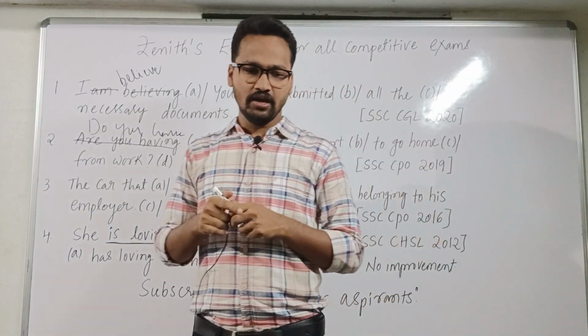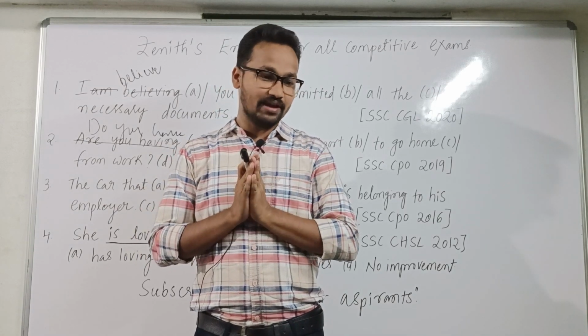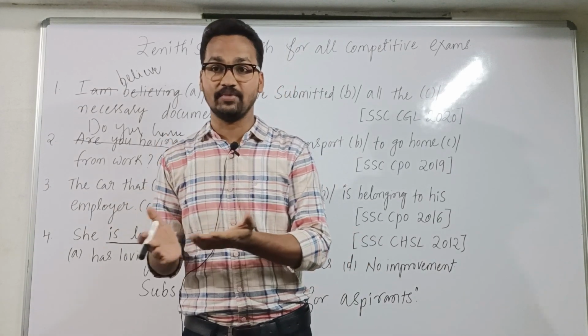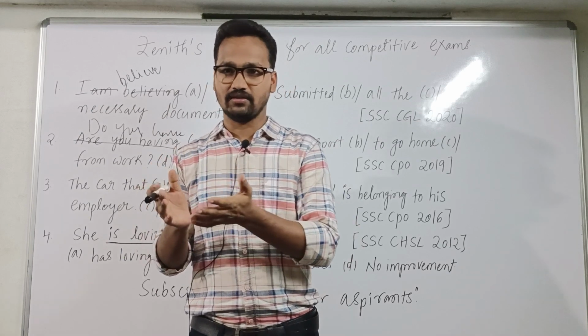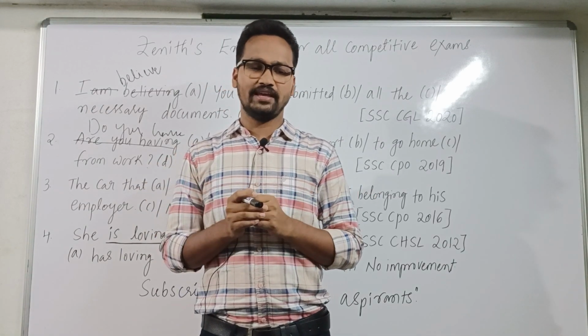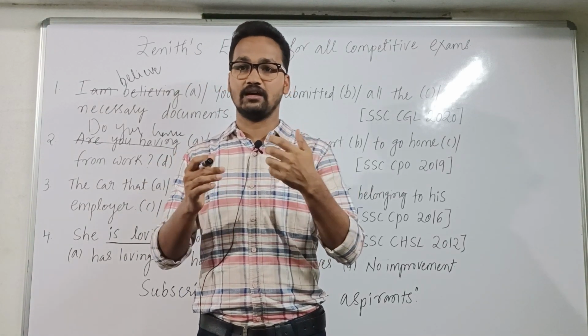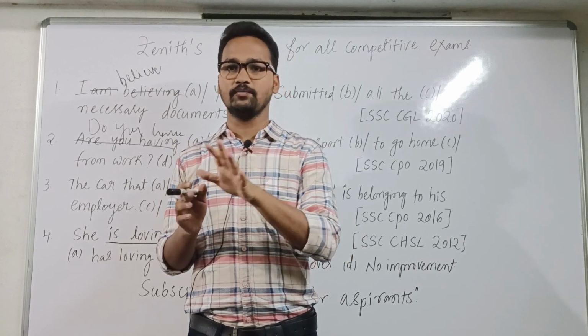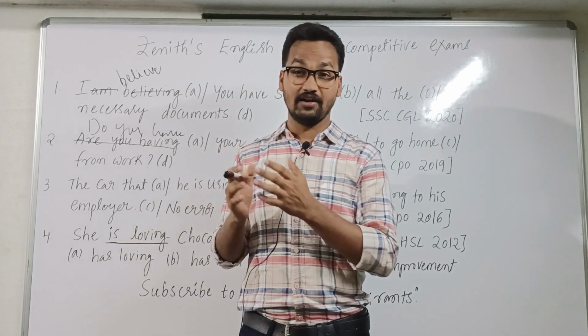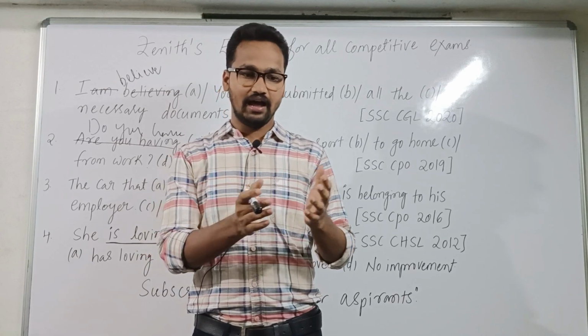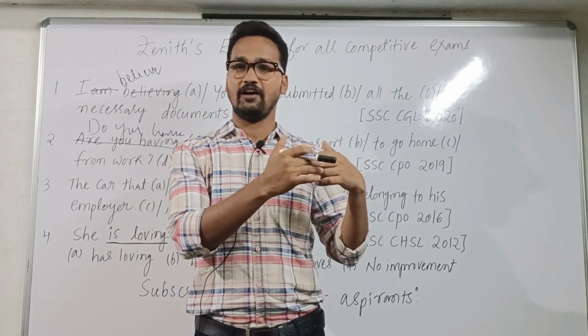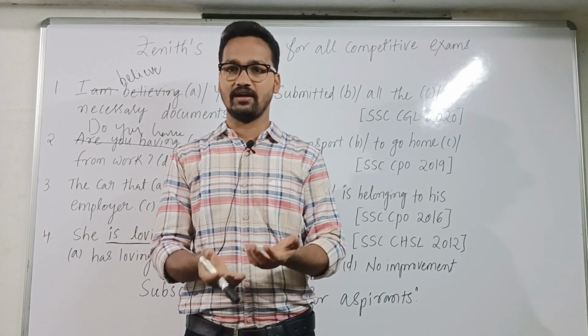In our schools, our teachers usually say, I'm having a class, I'm having a car, I'm having a family, I'm having a brother. These all are wrong sentences. We cannot use the verb have in the continuous tense. Use it in the simple present tense. We can say, I have a family, I have a car, I have parents, I have a sister, I have a brother.